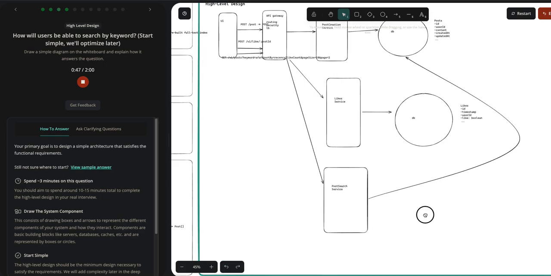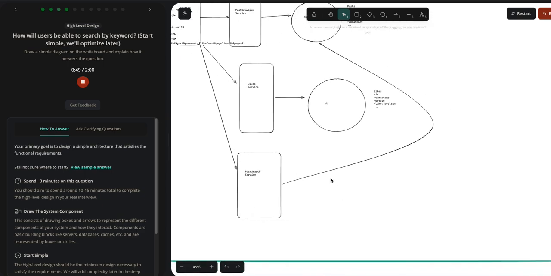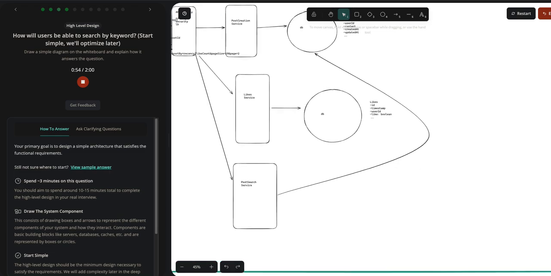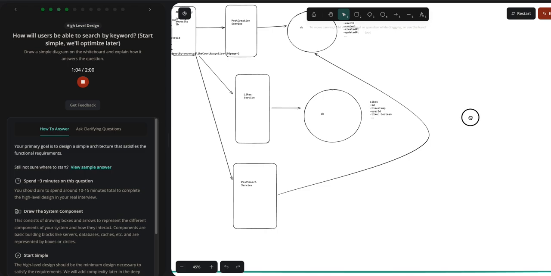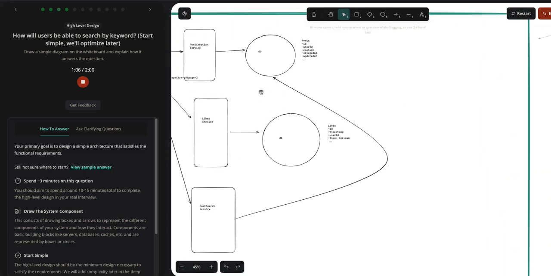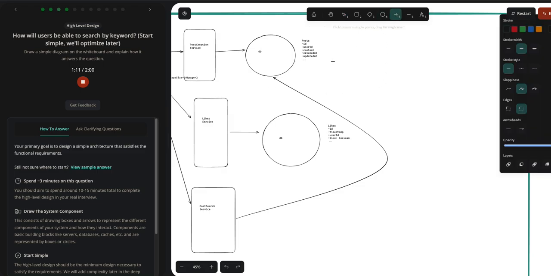To make that system scale, we would need something like Elasticsearch, which is not allowed by that question. But we can still build something similar to Elasticsearch. So, for example, when the user actually saves that post, we can create something called DB trigger. So when that post is saved, we're gonna have that kind of event here,